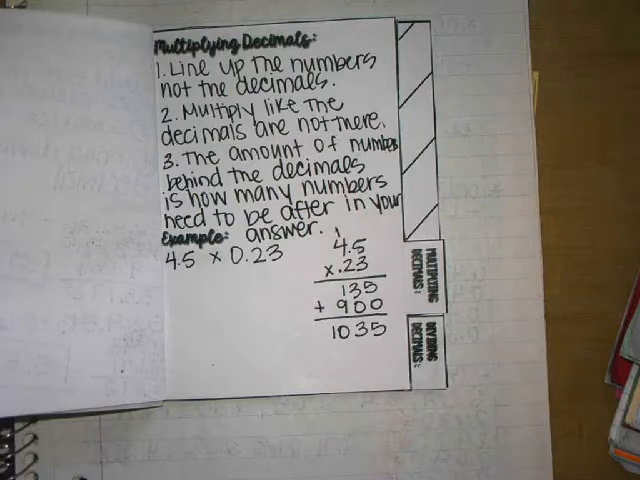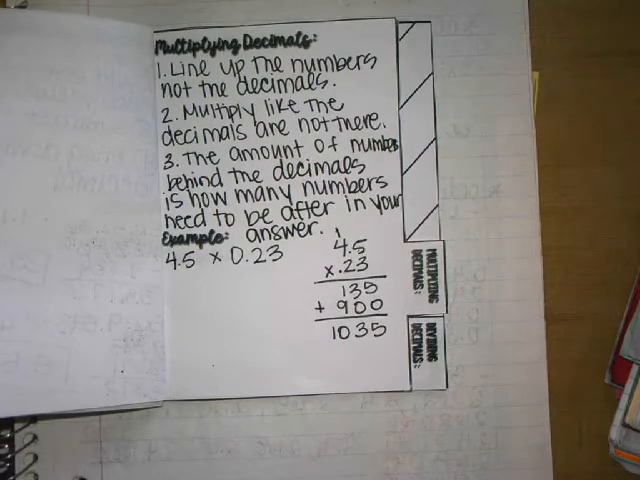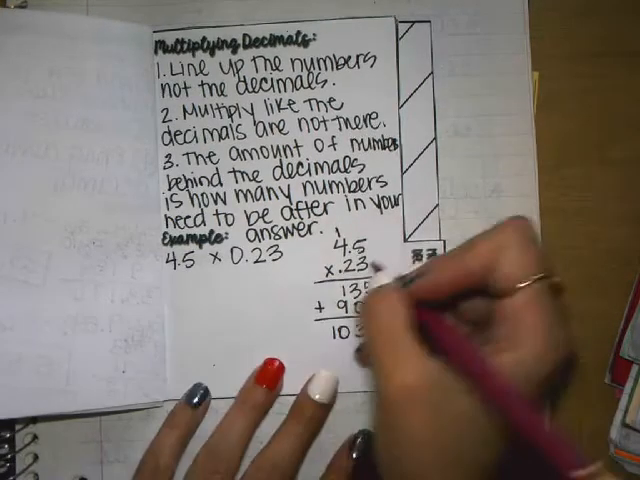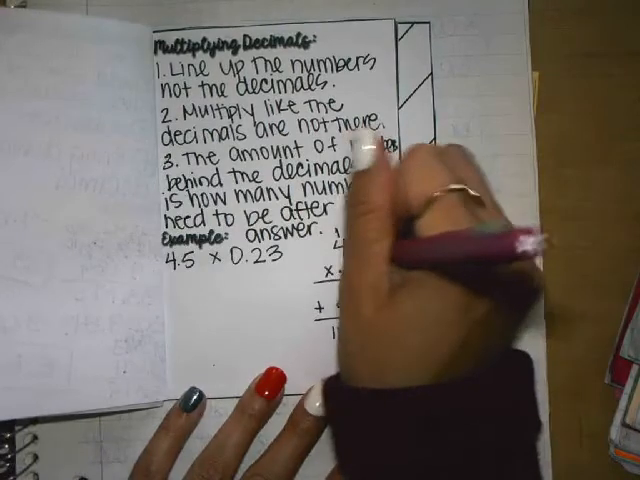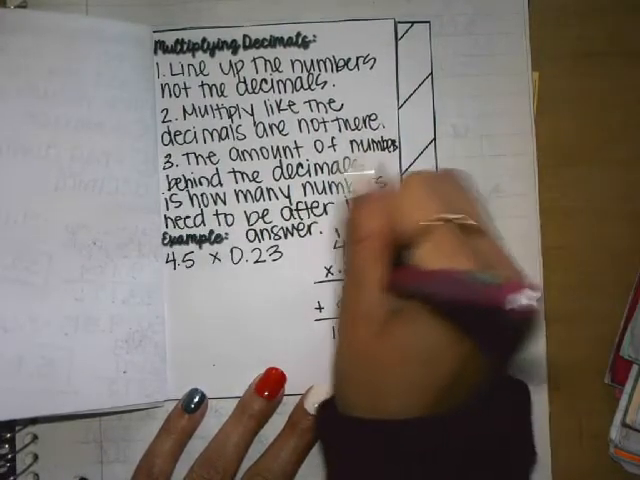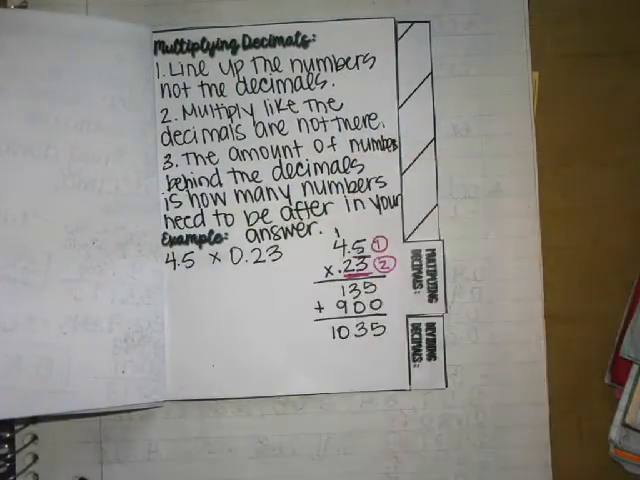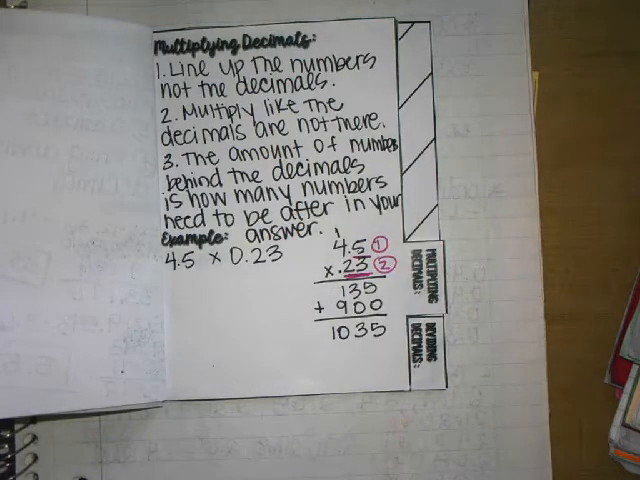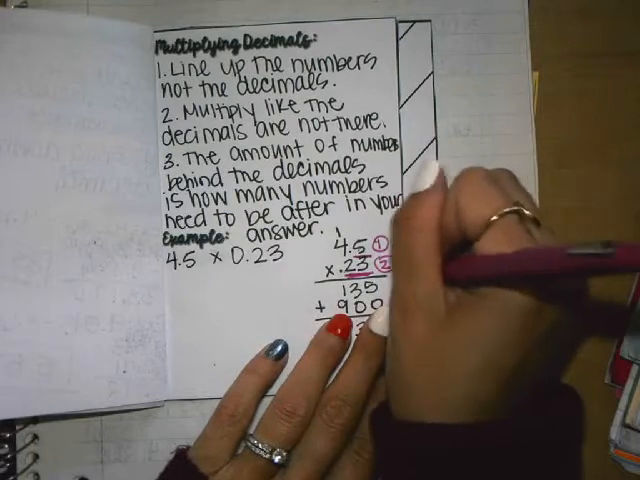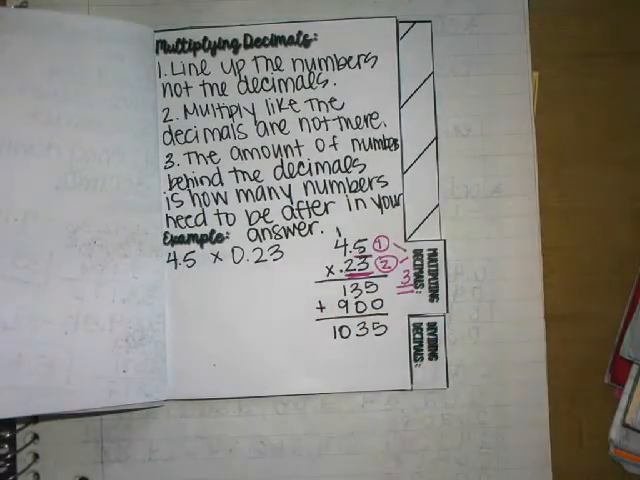This is always the part students like to mess up. Okay, how many numbers are after my decimal in this problem? Because I have 1 on top and I have 2 on bottom. You have to do them together. And 1 plus 2 is what? So that's why there is 3 numbers after my decimal,